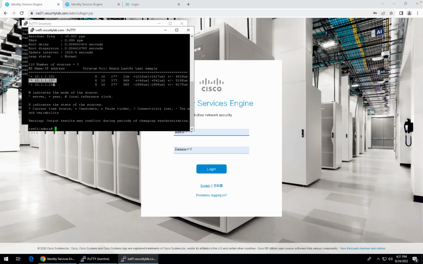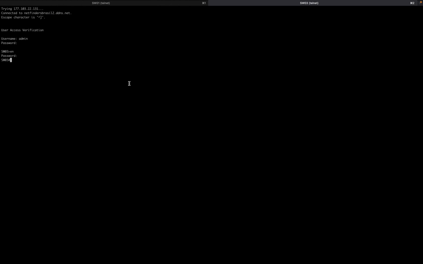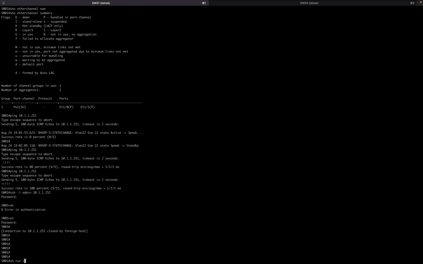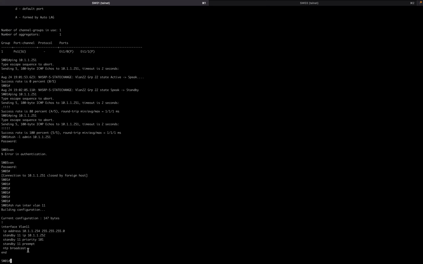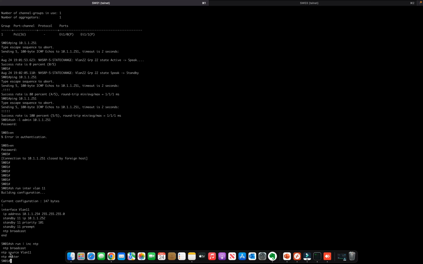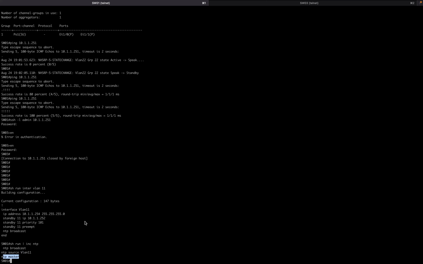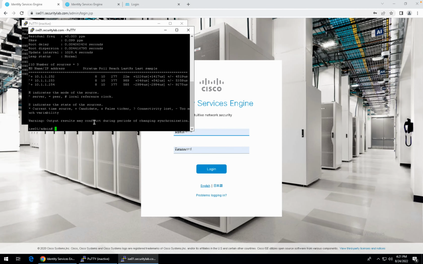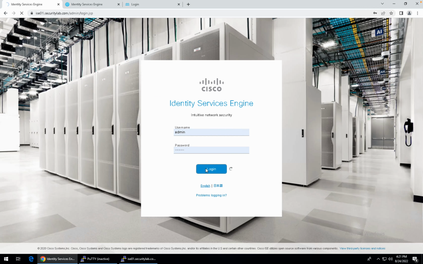and I'm running the time source, the NTP, on SC001 and SC002. So basically, if you do a show run interface VLAN 11, you will see this command here, NTP broadcast, and show run pipe include NTP. We will see these two commands, NTP source is VLAN 11 and NTP master, because this will be the master of the NTP. So ISE is synced with the NTP,